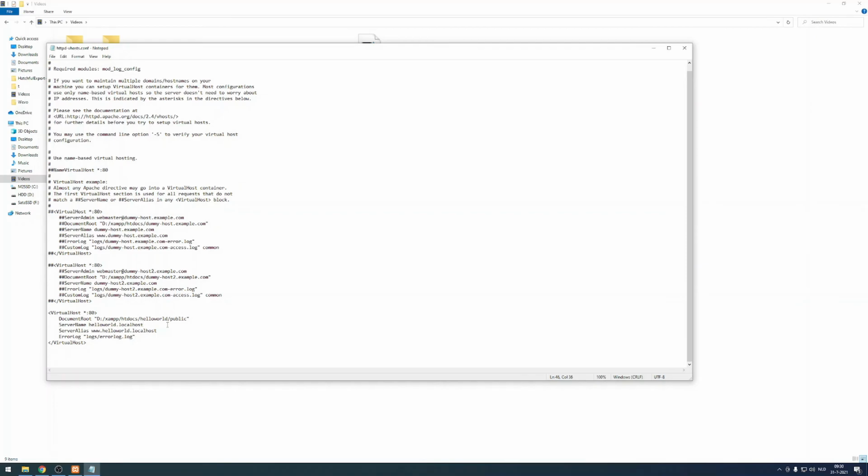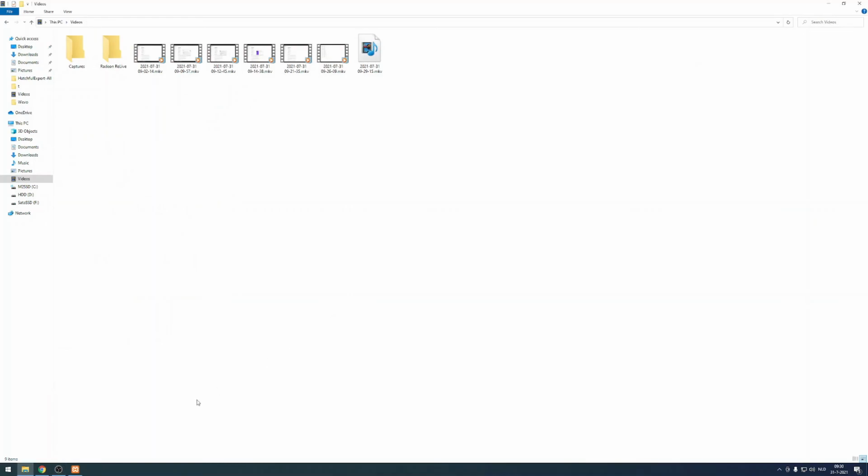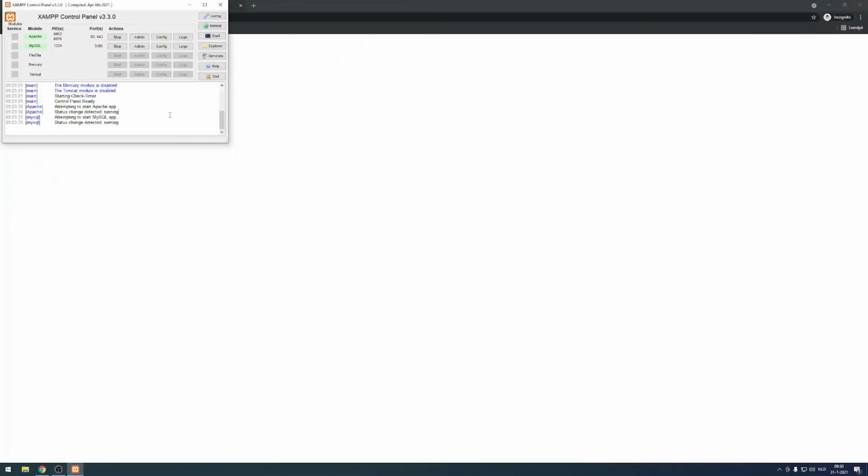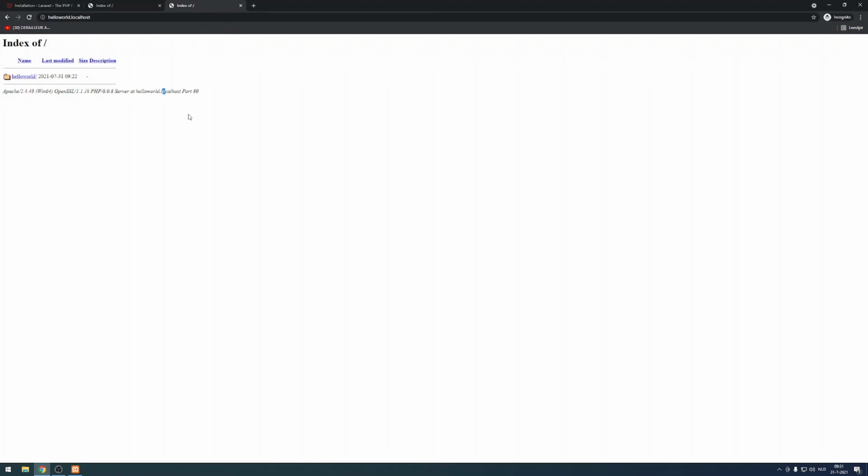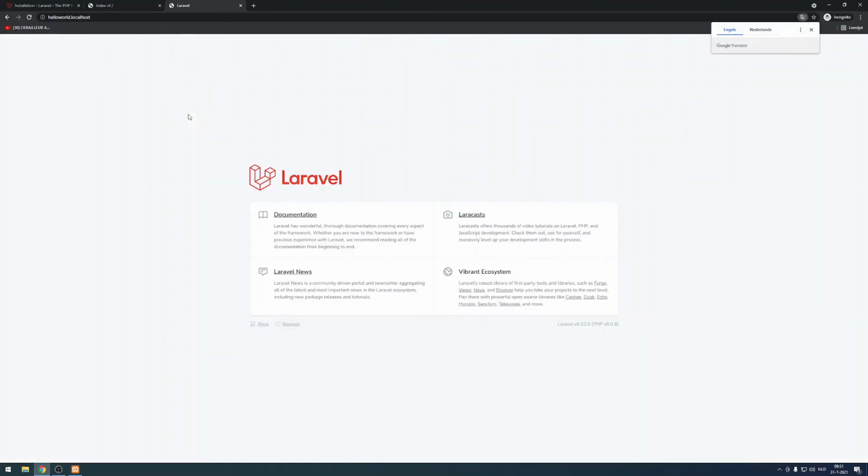And now I press Ctrl S to save it, but it does need me to restart my Apache service as well. So I'll stop my service and I'll start my service once again. And if you have an error here while trying to start Apache, and whilst it was running before, you did something wrong in your vhost file and you need to remove the code you added and re-add the code and make sure that it's correctly edited. So right now I'll refresh my hello world.localhost page, and as you can see, my Laravel page does come up